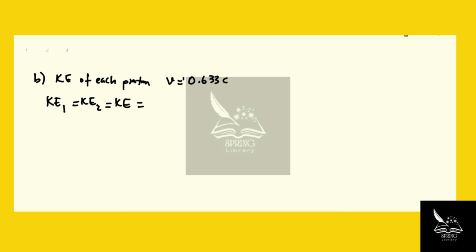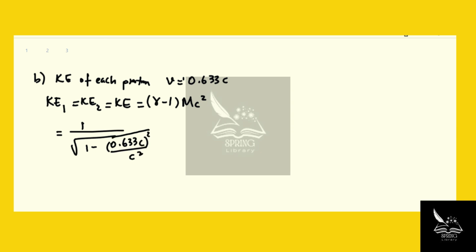In the first part, it was gamma minus 1 mc squared. Now let's plug in for gamma: 1 over square root of 1 minus. Now we know the velocity, I can just plug it in there. Square root of my speed over c squared, minus 1, times m